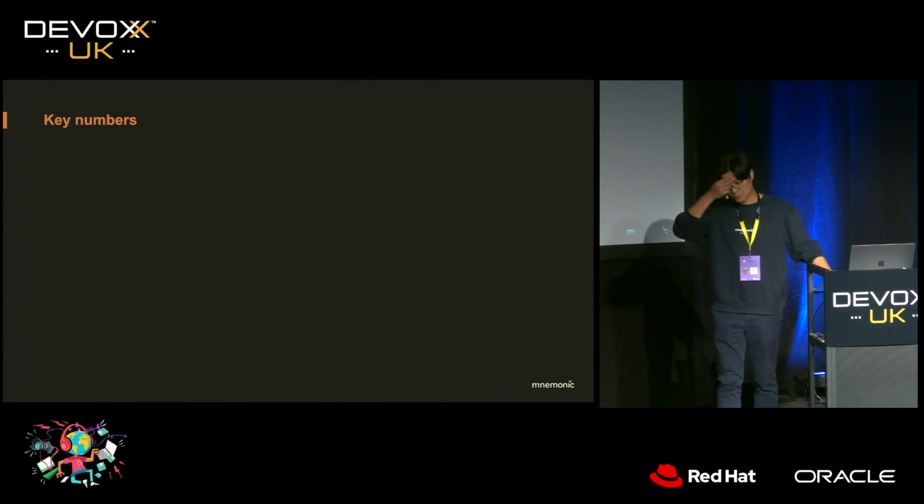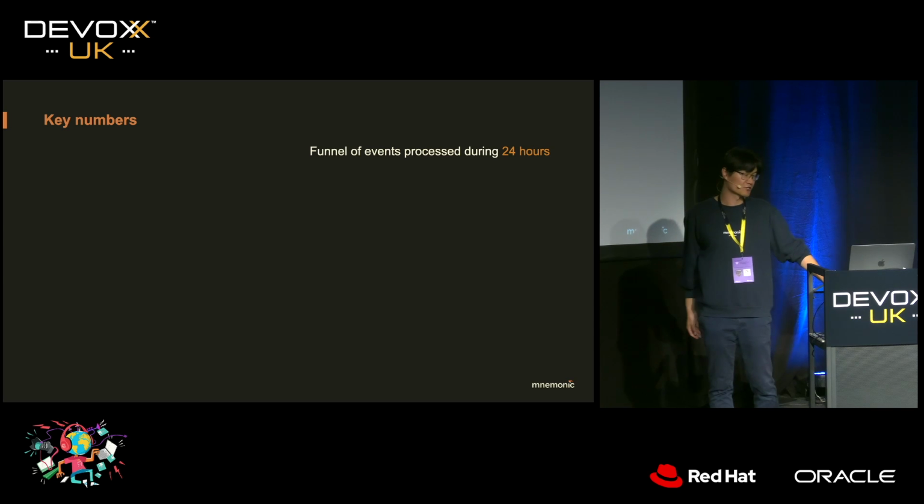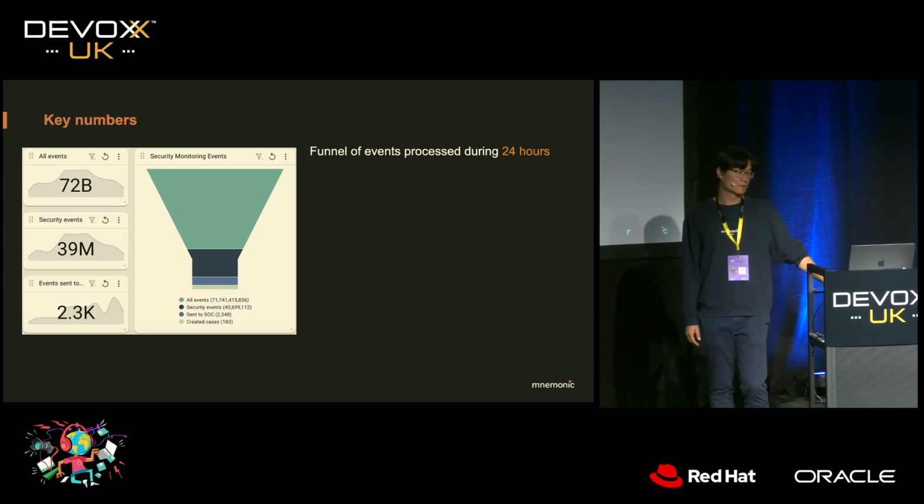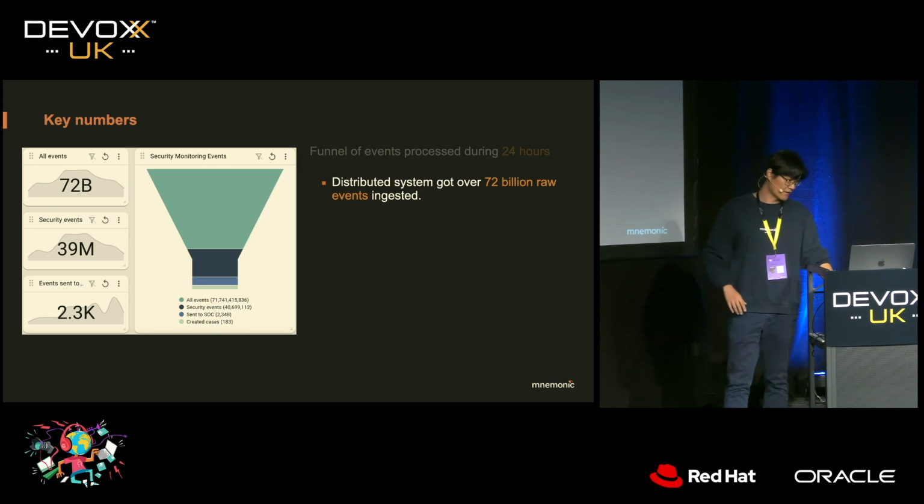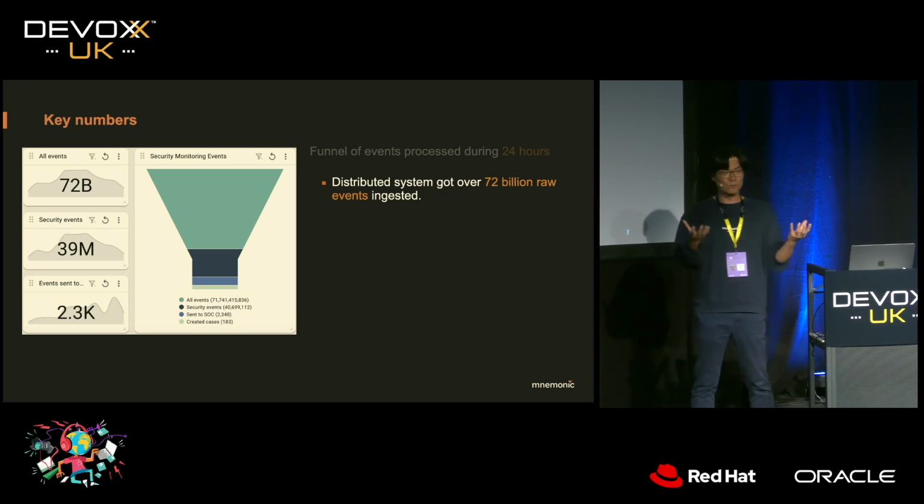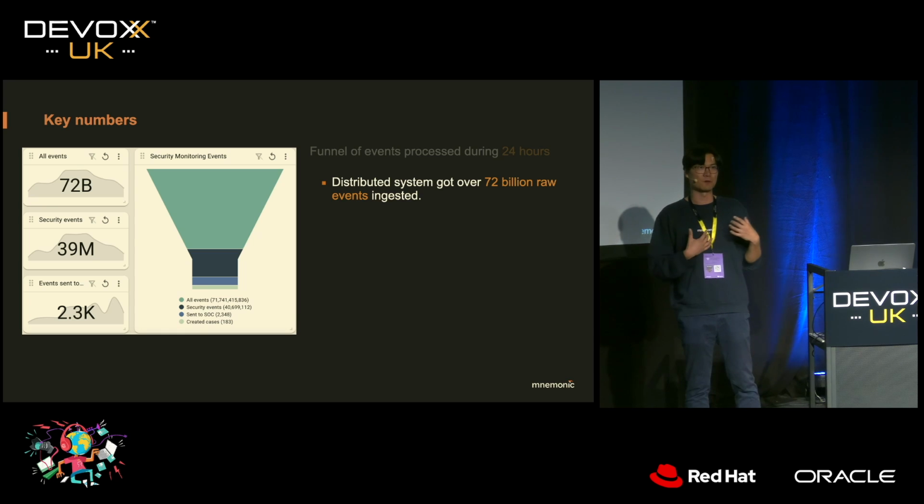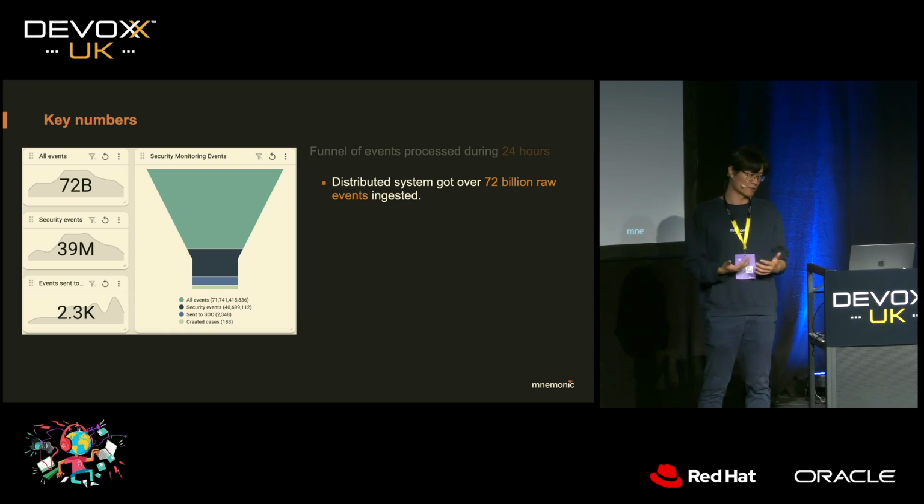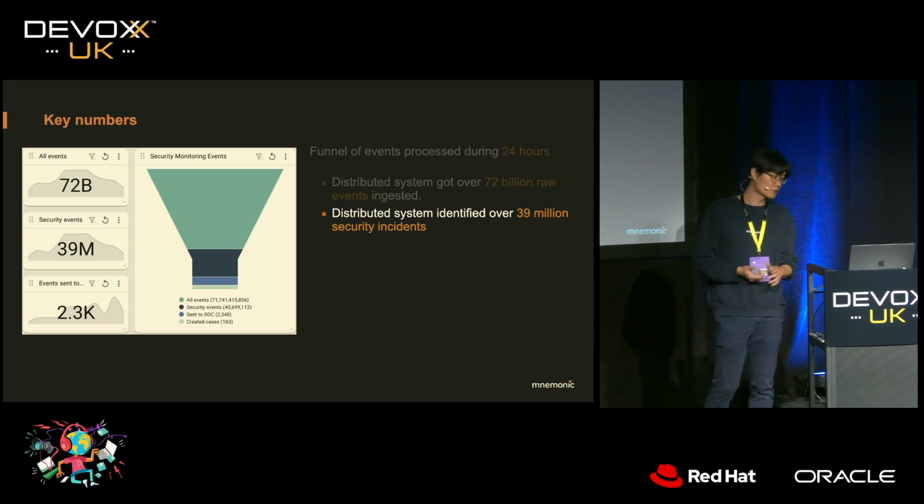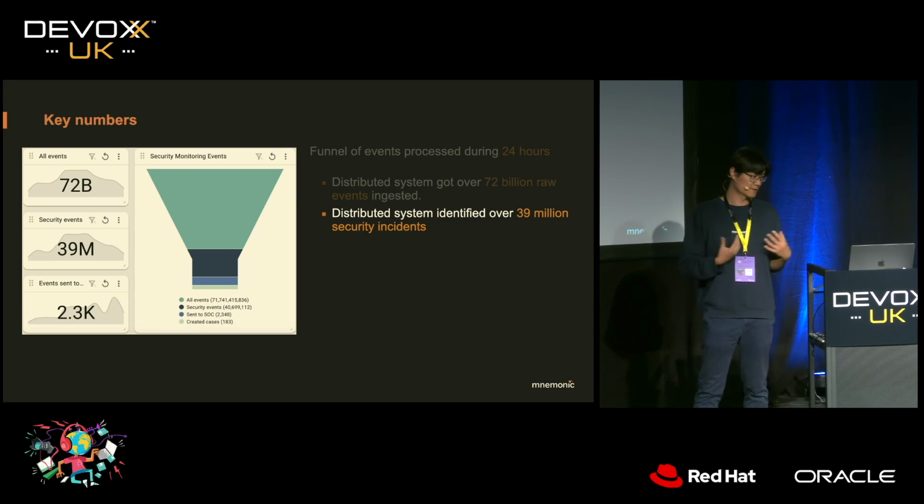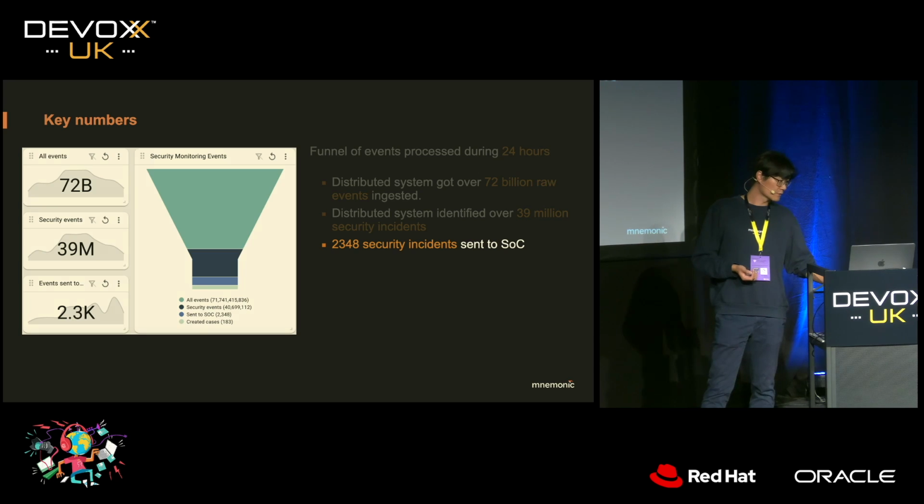Today, what I'm going to talk about is the detection pipeline. This pipeline has a few key numbers. The following chart shows that during one random day, the whole ecosystem of the pipeline has 72 billion raw inputs ingested from different data sources, which I'm going to mention later. And among those 72 billion, 39 million incidents actually get detected. And only around